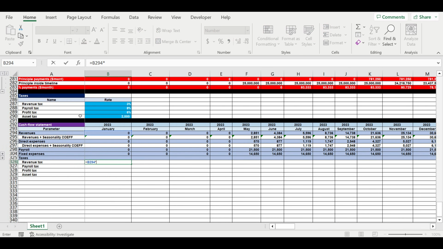So we take the revenue, multiply by the tax rate. Then we calculate payroll tax. Then we calculate asset tax, so we take this value